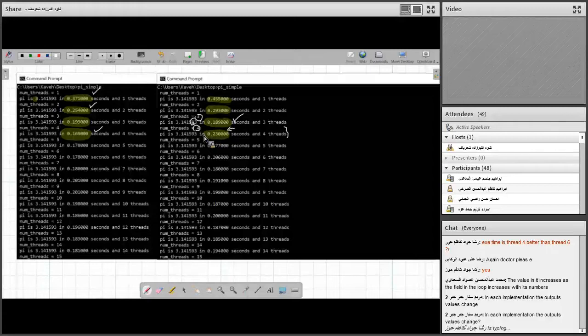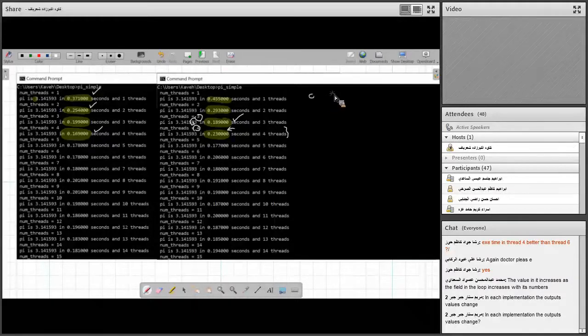Therefore, to compute the overall speed up,